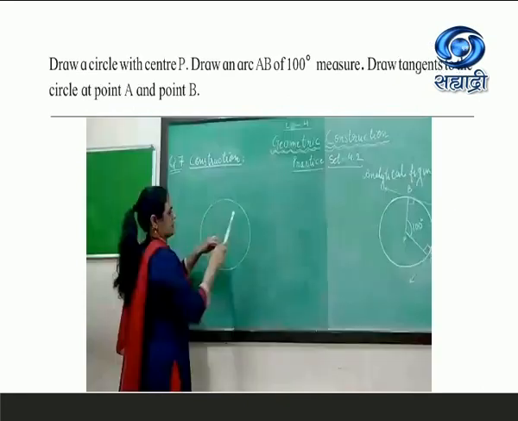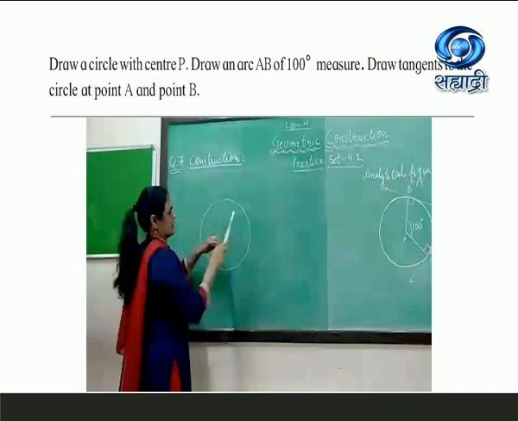Now the next sum is from practice set 2. Here the question is, draw a circle with center P, draw an arc AB of 100 degrees, and draw tangents to the circle at points A and B. Now here, this is the analytical figure you can see, but when they ask you to draw an arc AB of 100 degrees,